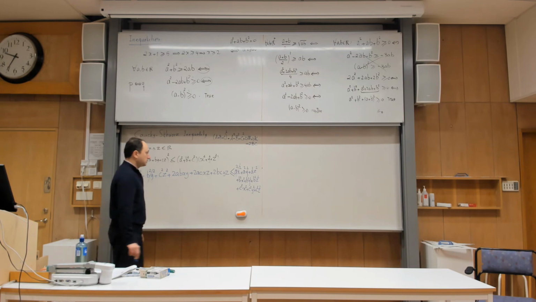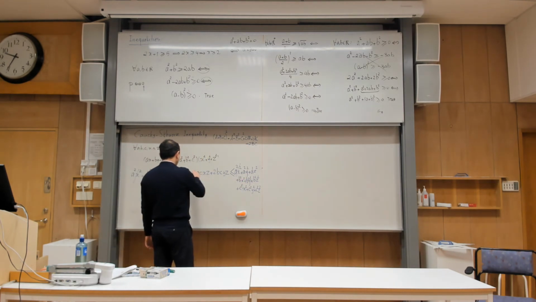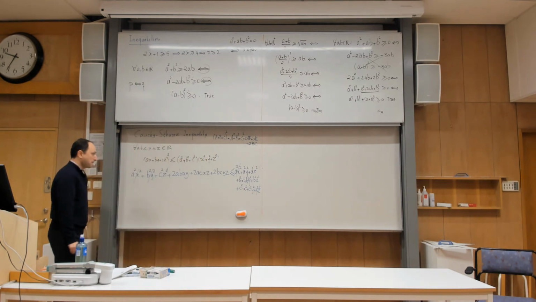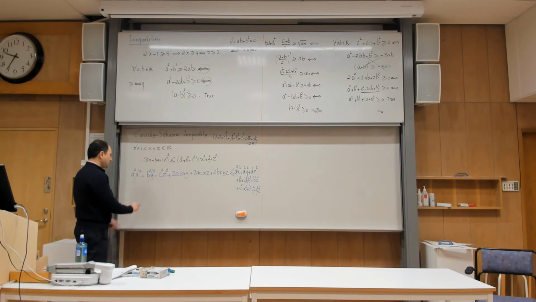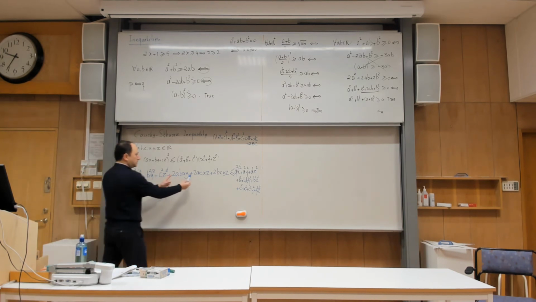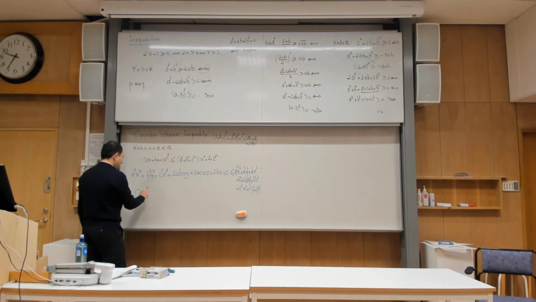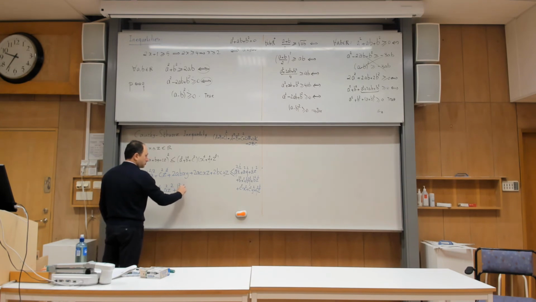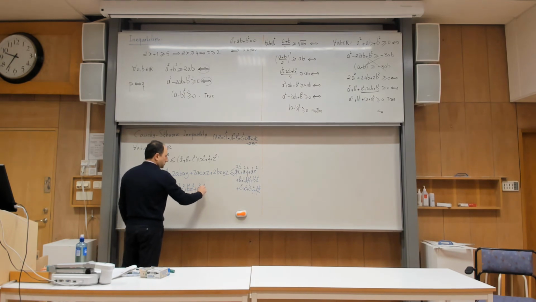This one is simplified with that one, and this one is simplified with that one. Then I moved all the terms to the right. So this means that this will remain 0, because you are telling me to move these 3 to the right. Then what is left here is 0. What is there is a squared y squared plus a squared z squared, and then plus b squared x squared plus b squared z squared plus c squared x squared plus c squared y squared, and then minus